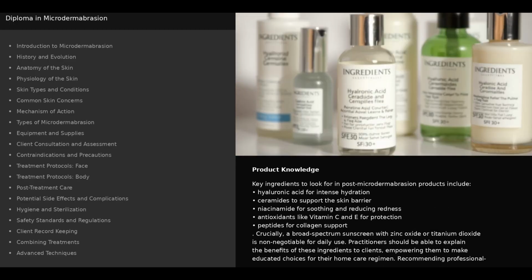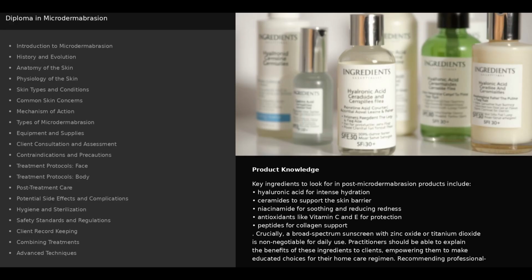Key ingredients to look for in post-microdermabrasion products include hyaluronic acid for intense hydration, ceramides to support the skin barrier, niacinamide for soothing and reducing redness, antioxidants like vitamin C and E for protection, peptides for collagen support. Crucially, a broad-spectrum sunscreen with zinc oxide or titanium dioxide is non-negotiable for daily